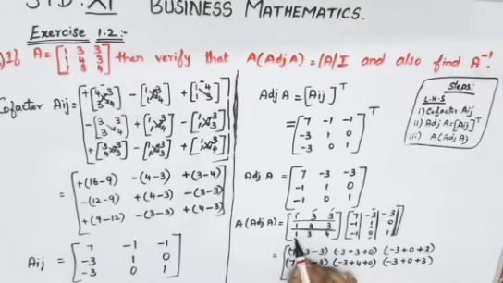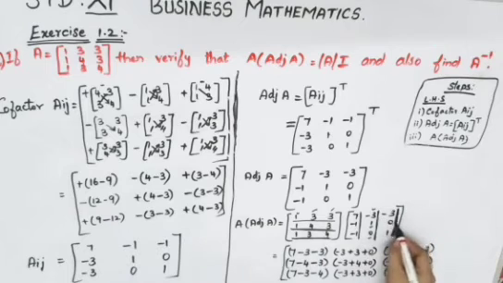Now going to your third row, first column. Again the first column. 1 into 7 is 7. 3 ones are 3, but minus is there, so minus 3. 4 ones are 4, again minus is there, so minus 4. Now third row, second column. 1 into 3 is 3, with minus, so minus 3. 3 ones are 3, again plus 3. 4 into 0 is 0. Then the next one is third row, third column, the last element. 1 into minus 3 is minus 3. 3 zeros are 0. 4 ones are 4.